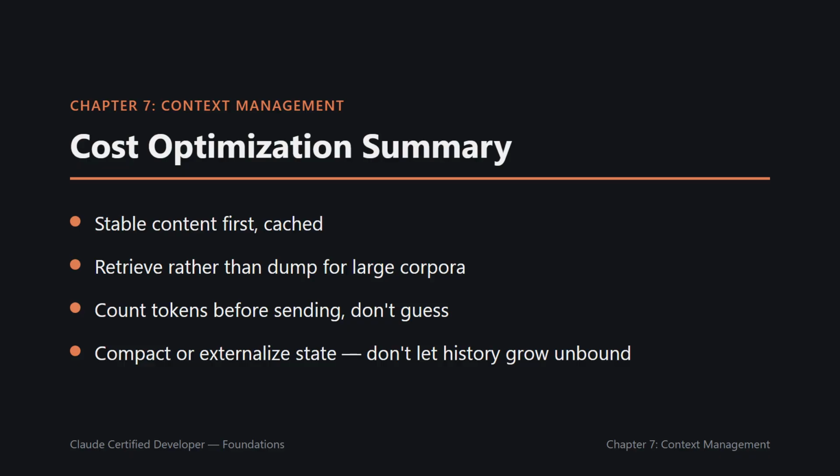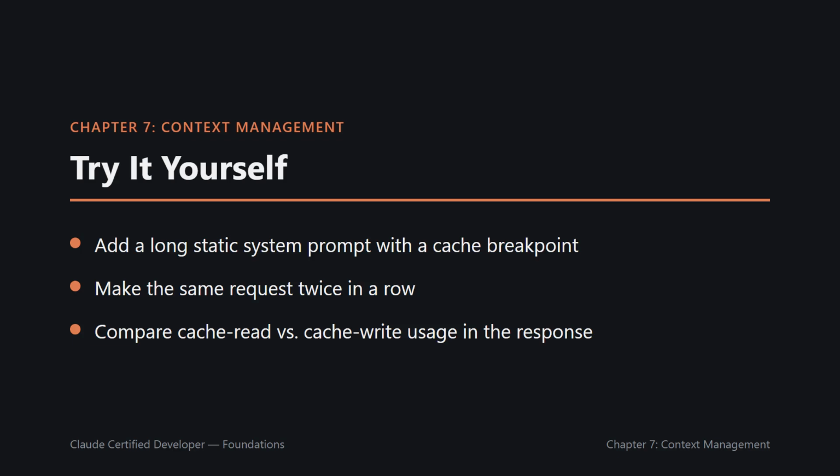history grow without bound. Take the running triage assistant and add a long, static system prompt, a realistic company policy document a few hundred words long, with a cache breakpoint after it. Make the same request twice in a row and compare the reported cache read versus cache write token usage in